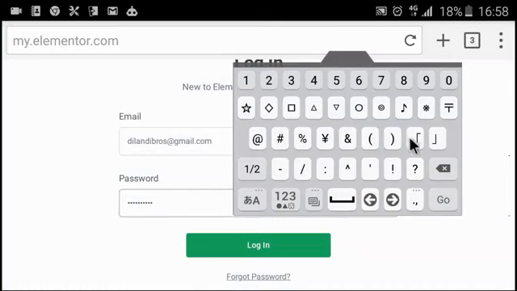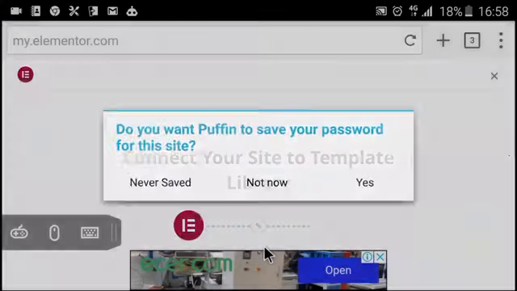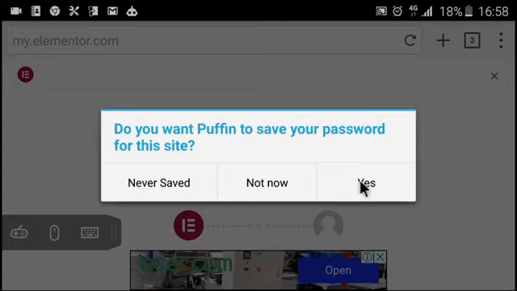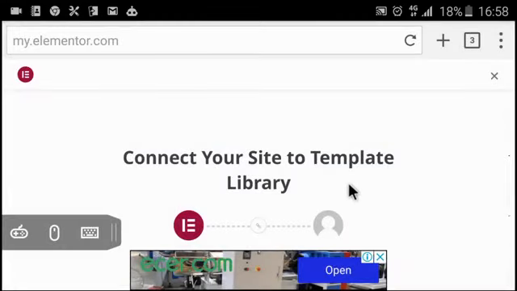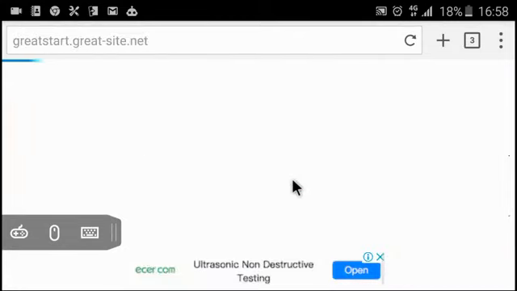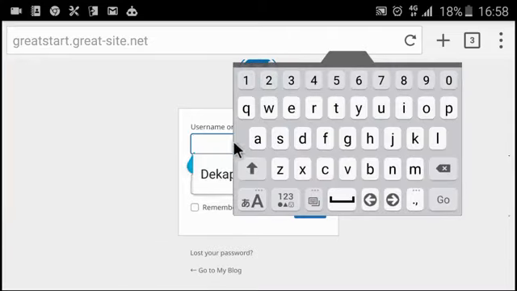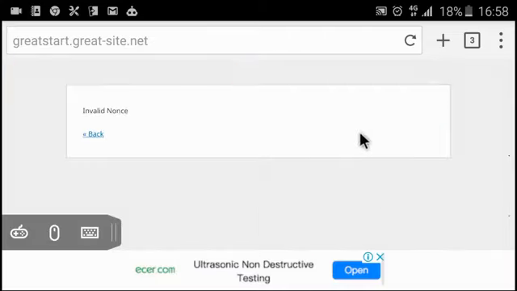After resetting my account and doing everything, I just need to click on login, and I should be connecting my Elementor to that, and I want to save these. So I'm going to save, connect your site template to your library, connect, and I think this should be done. I just need to come back again here and login